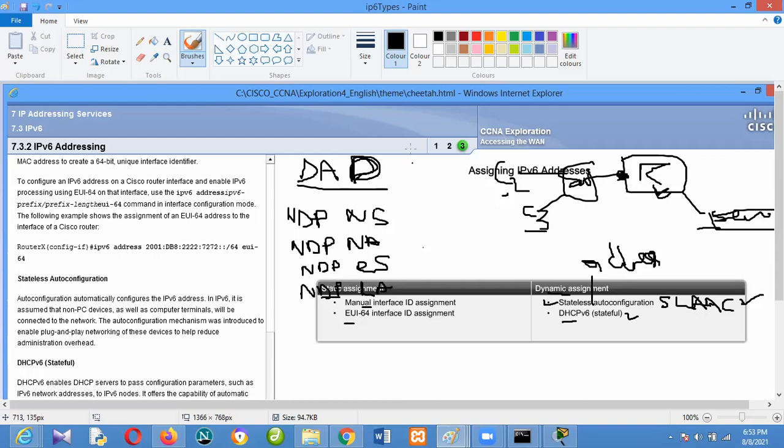Now, NDP: what ARP is to IP4 is what NDP is to IP6. ARP is a protocol that helps to gather MAC addresses from IP addresses of hosts.